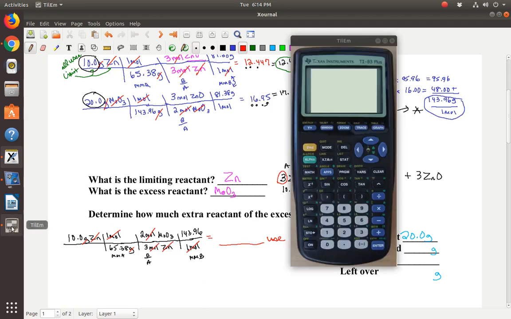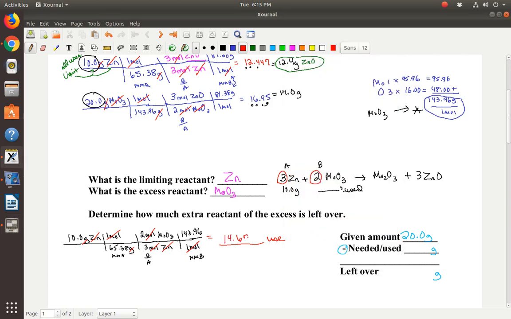Okay, how much was used? Let's pull it up. All right, we have 10 grams divided by 65.38 times 2 divided by 3 times 143.96. And I get 14.67. I'm giving you more sig figs than you need. And then I have to look at my sig figs. I have 3 sig figs at the beginning, so I need 3. 1, 2, 3. So this is really 14.7 grams of